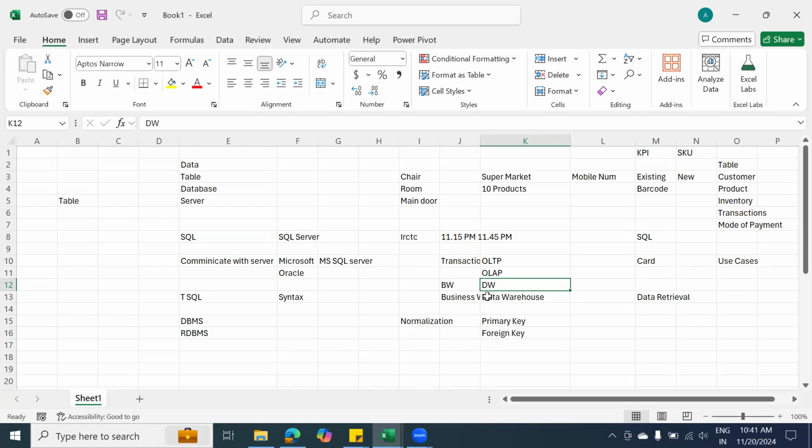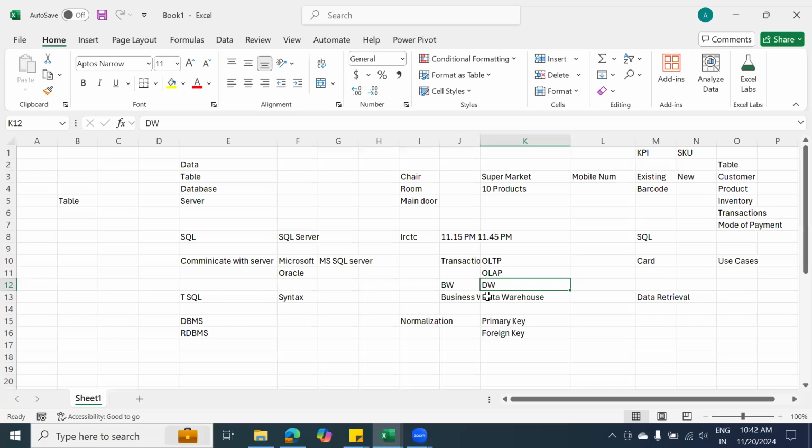In business warehouse, only OLAP will be there. In DBMS, we have two classifications: one is OLTP and another one is OLAP. OLAP only we refer to as BW or DW. Am I clear?